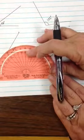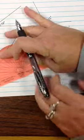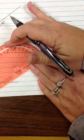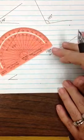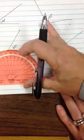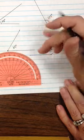Now sometimes in your book, you're going to get an angle that is really small. Like it will be the tiniest little angle. It will look like this. And then they'll say, measure the angle. And it will be about this big. So what I like to do, because look, if I try to go put this on the vertex, and then I try to line it up, well, this